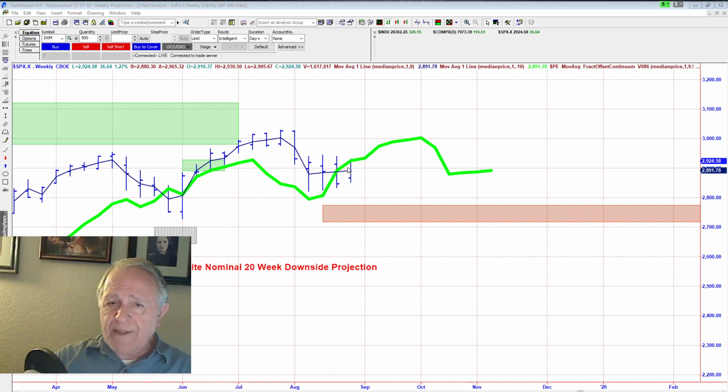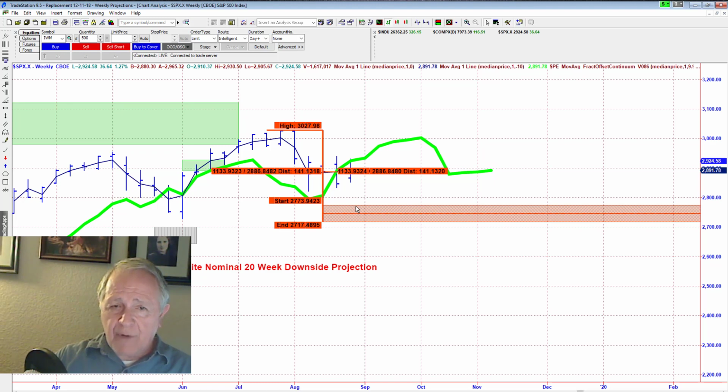We pointed out to you yesterday that a downside projection had been given, and that projection called for a low side of 27.1749 and on the high side 27.7394. We had given you actually lower projections than that, but that was on the daily chart, which is more of a microcosm and it gives you more exacting projections. But these are good general ideas as to where the downside nominal 20-week projection is.